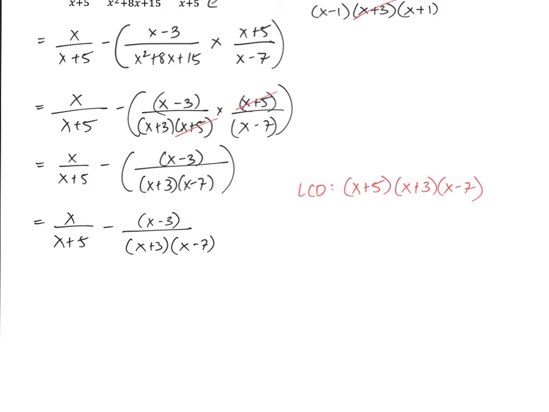Well, this bigger one over here, it's easy. I'll just go ahead and multiply the 5 and use the building up property, multiply the top by 5. But the one over here, that one's smaller. We're going to have to multiply it by 2 different terms. The x plus 3, and the x minus 7, to top and bottom,